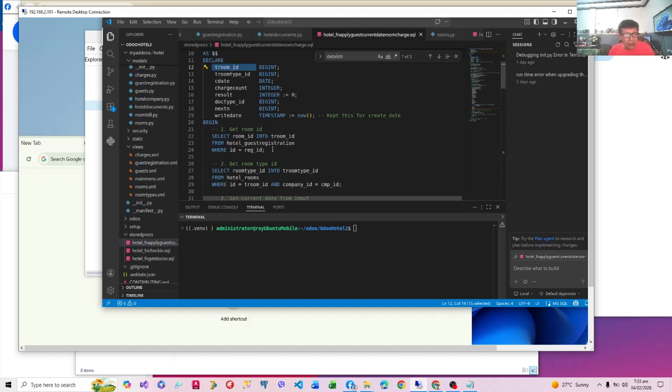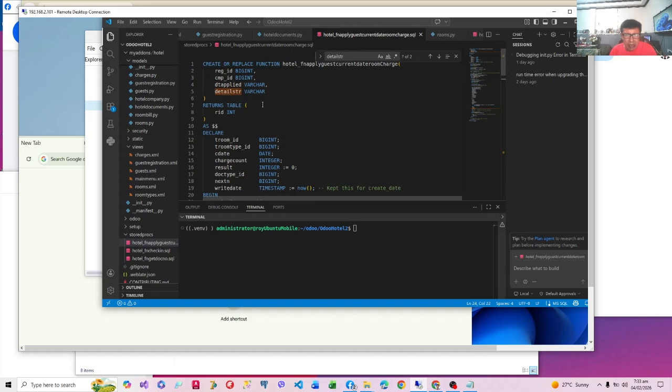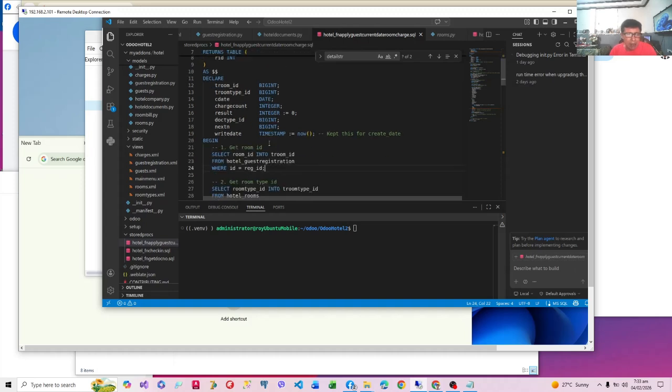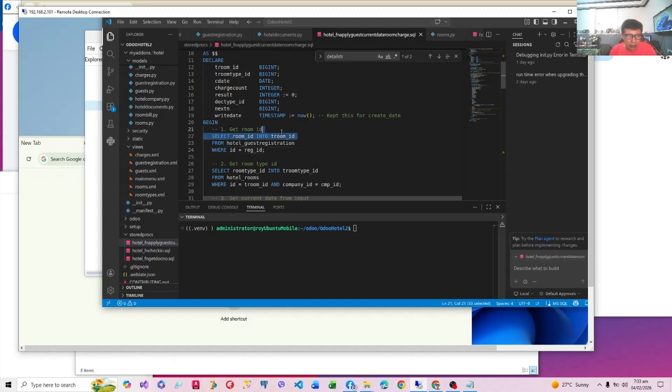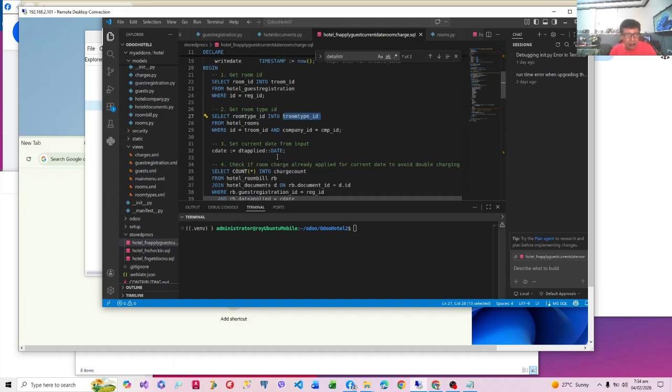The first step is to get the room ID given the registration. Remember, we have a guest registration ID passed to this function, and we also have the company ID and the date applied. So we'll get the room ID into t_room_id, where t is our local copy, and then we get the room type into t_room_type_id, which is our local copy, and then we convert the date into c_date, which is into a date.